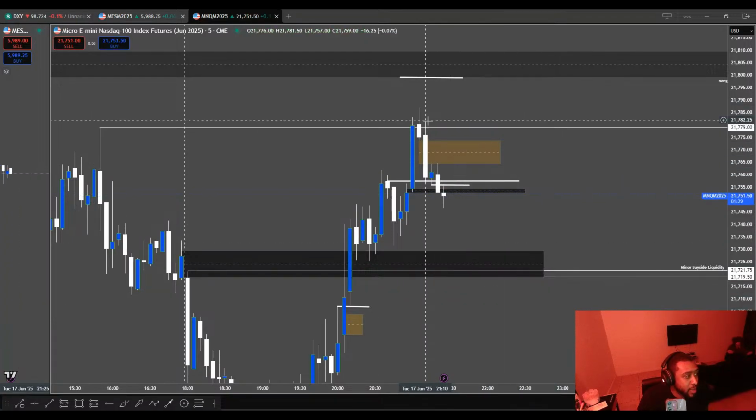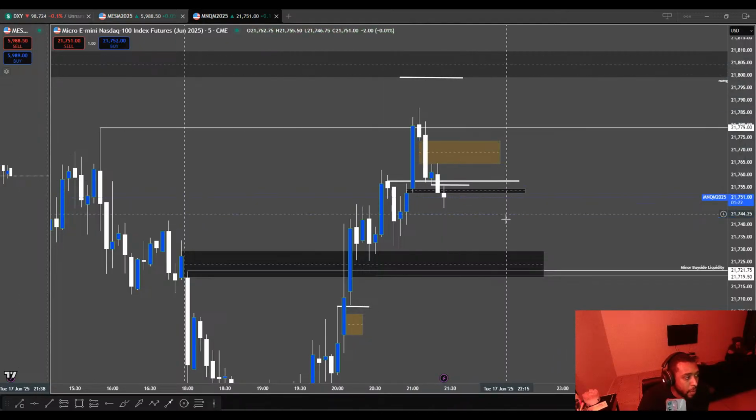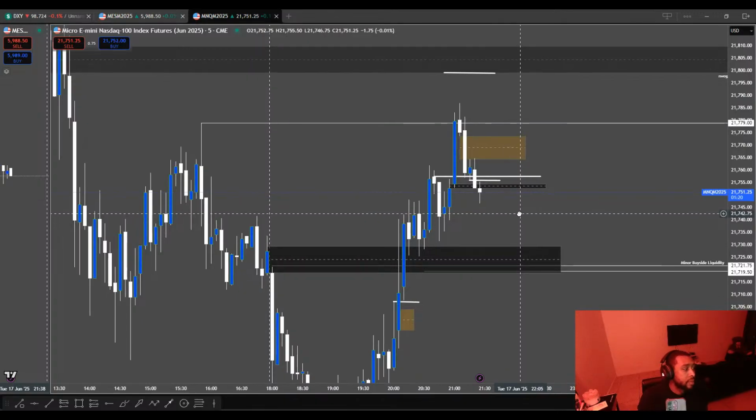Because this is a lack of displacement past these highs. So it's weak. It's showing that it's weak. You want to see it close and keep going. See what I'm saying? So, anyways,